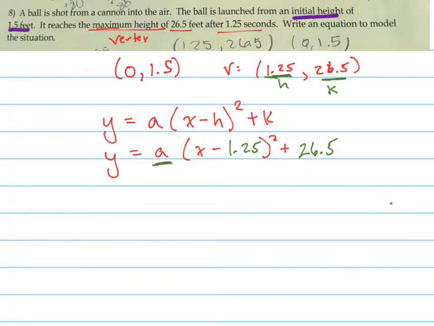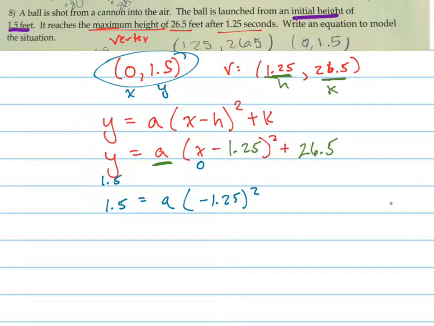We don't know what a is yet, but we have another point that we can use to find out what a is, and that other point is (0, 1.5). So we plug 0 in for x, and we plug 1.5 in for y. And when we do that, we can solve it for a. So when you plug it in, a times negative 1.25 squared plus 26.5. So subtract 26.5 from both sides, so that would be negative 25 equals a times 1.25 squared, so that's